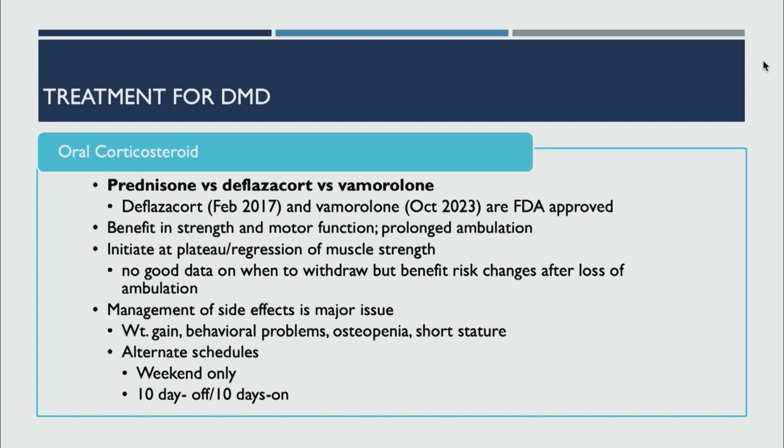And overall, I think there are some things that are the same about them and some things that are different individually. They benefit strength and motor function. They prolong ambulation, which is where most of the study work was done early on, especially in prednisone. And there's no good data around starting or stopping rules, right? At what age do you start a corticosteroid that could have long-term side effects? Do you start in a child